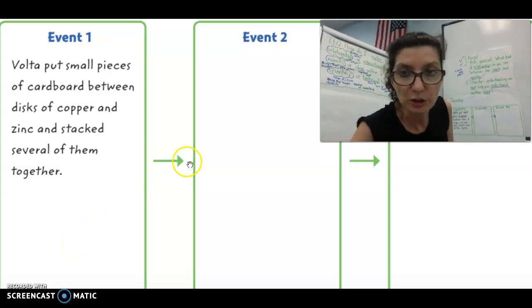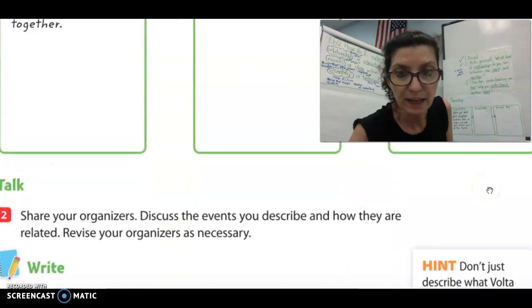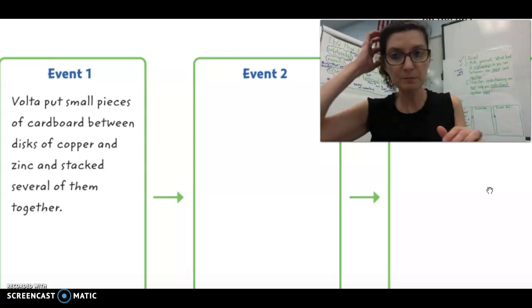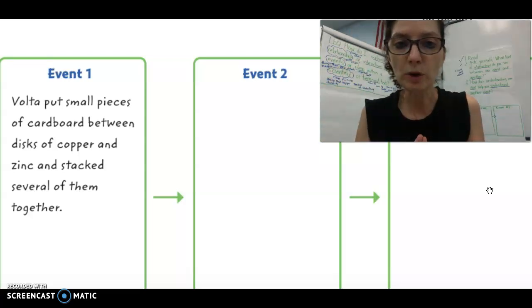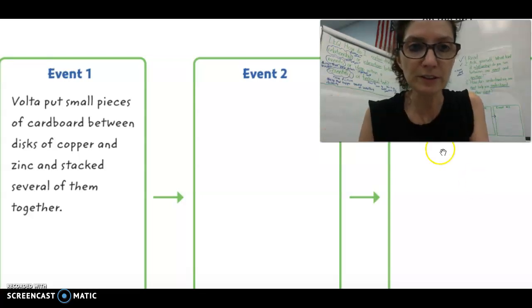All right, so you have to figure out event 2 and event 3. Okay, and then you're going to take a picture of this. You can take a picture with your phone and text it to me, or you can upload it, either way. And then you're going to go back into Schoology, and you're going to go to the next thing. So if I go back to Tuesday,